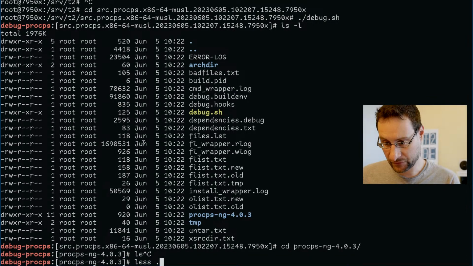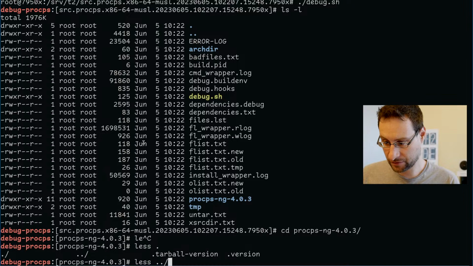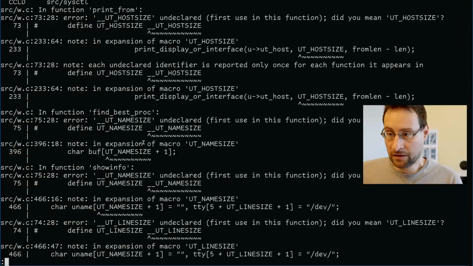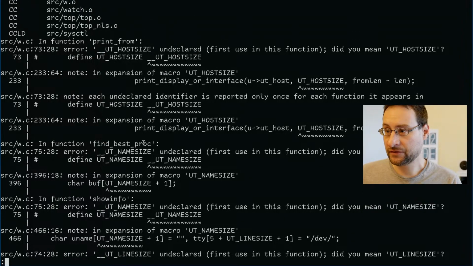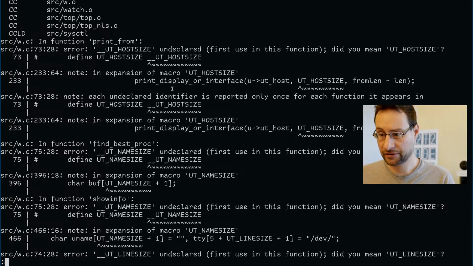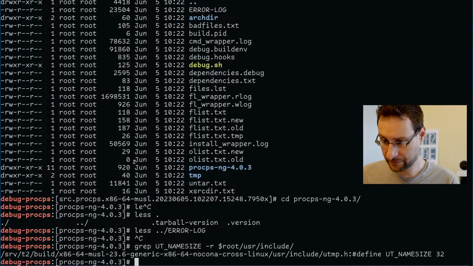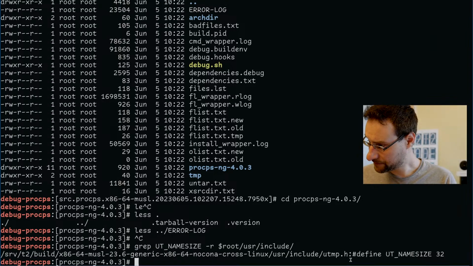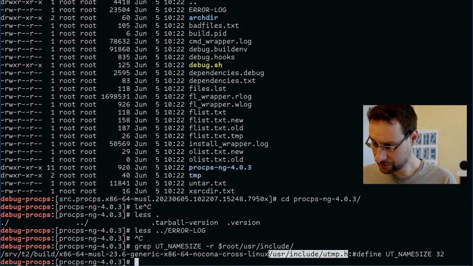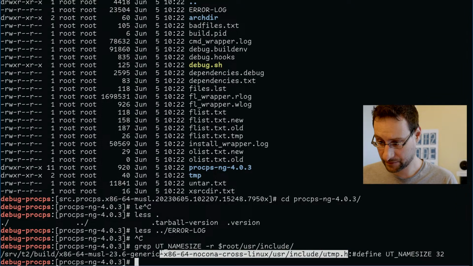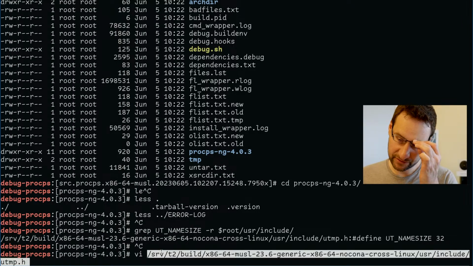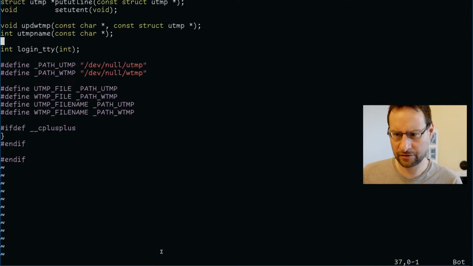And so proc P is probably the more useful of the proc things. Can we easily fix this? UTC undeclared is this UT name size. So yeah, sometimes the musl people clean up stuff because probably nobody uses that, needs that. Then it fails. But here's some UT name size. Maybe they just didn't include the appropriate header, or